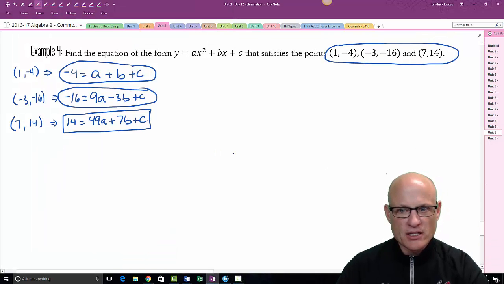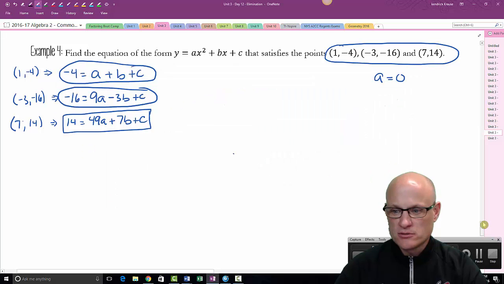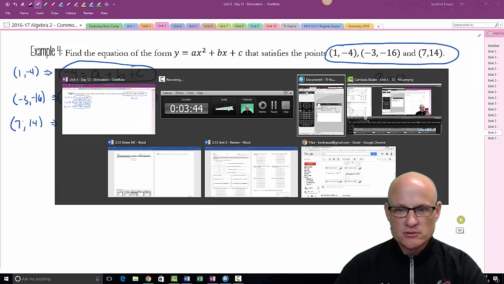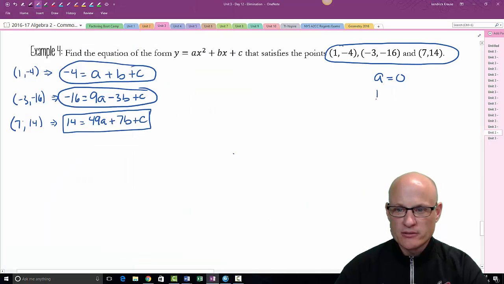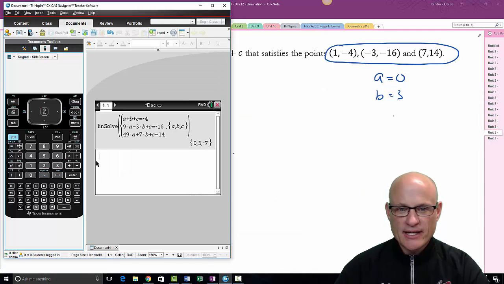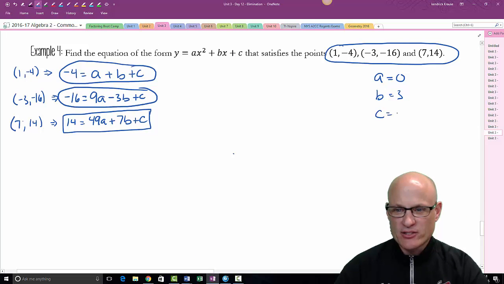All right, I'm not going to lie. This is a really bad example because this should not have happened. A equals 0. B equals 3. And C equals -7. This really should not have happened because y equals